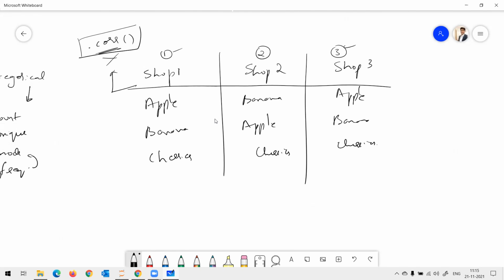To make this smarter, I can introduce numbers. I can give apple as 0, banana as 1, and cherry as 2. Here banana becomes 1, this becomes 0, here 2, again 0, 1, and 2. Now what happens to my data?